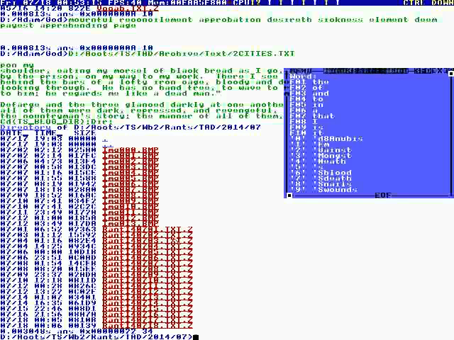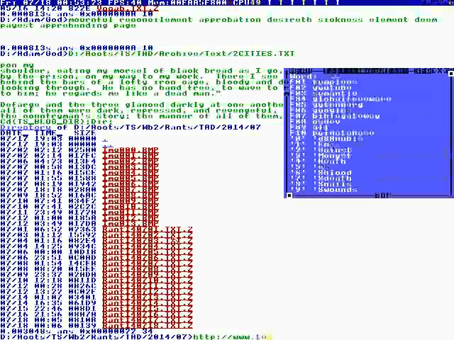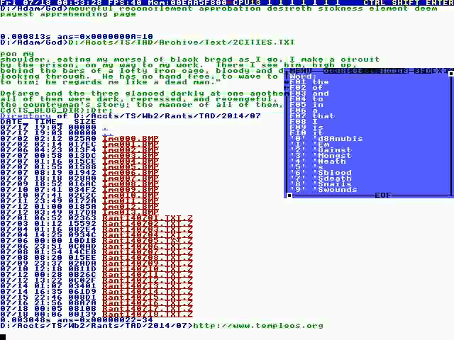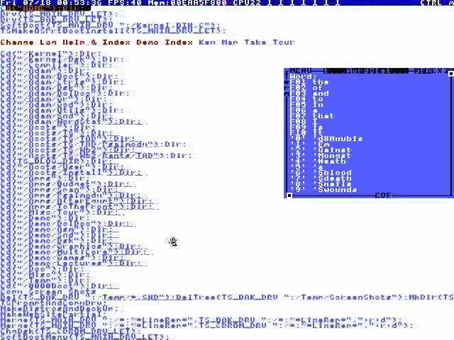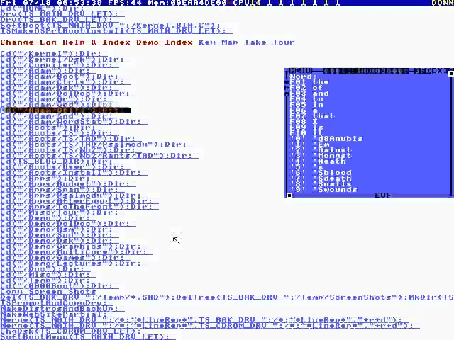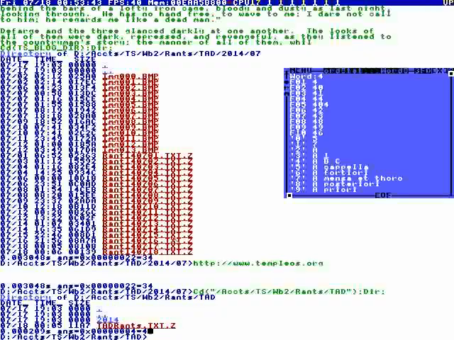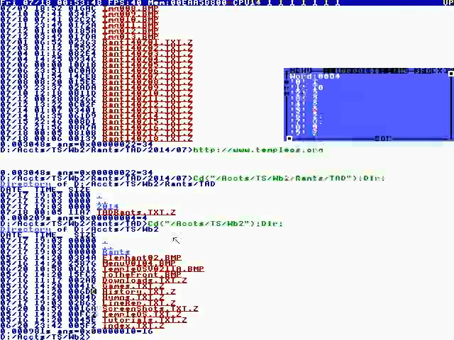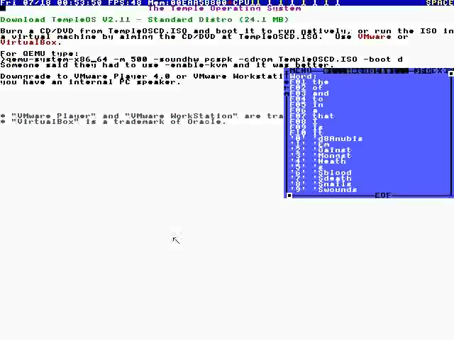So that's it. But this is on the go to http://www.templeos.org, and there you can find my rants, and you can download. I can show you. I generate my web page, my website, from my own system.